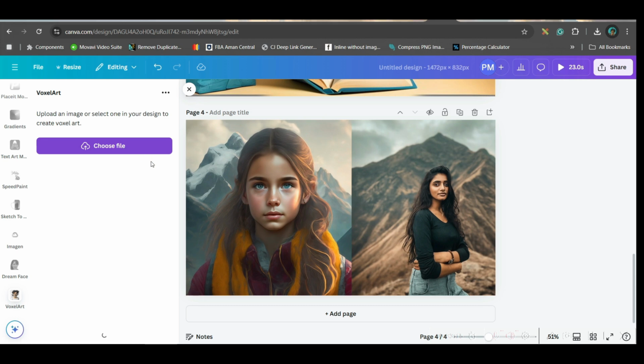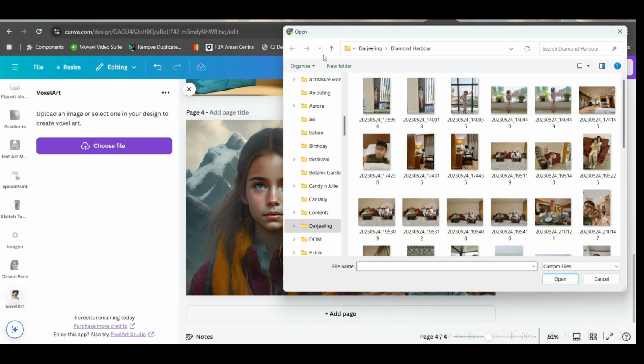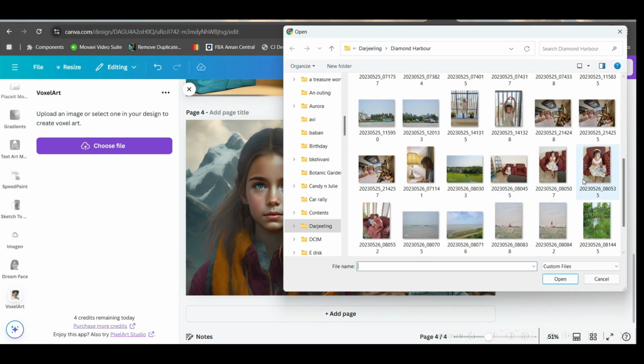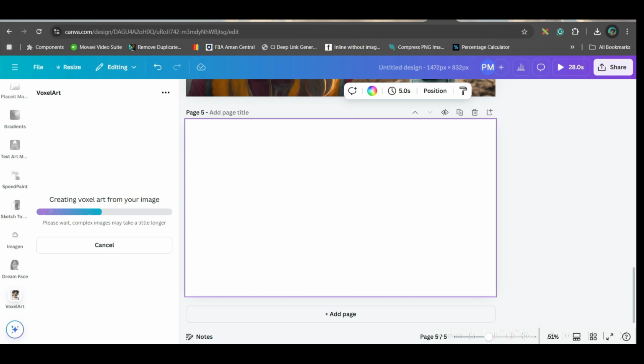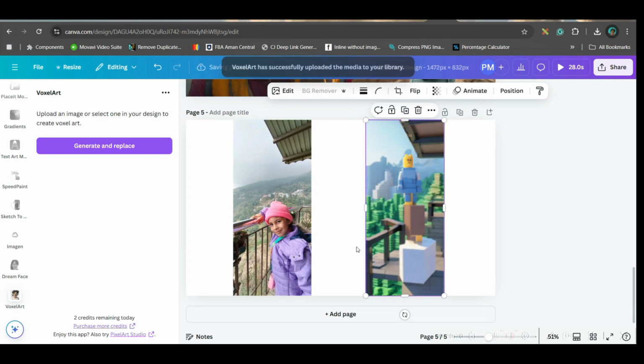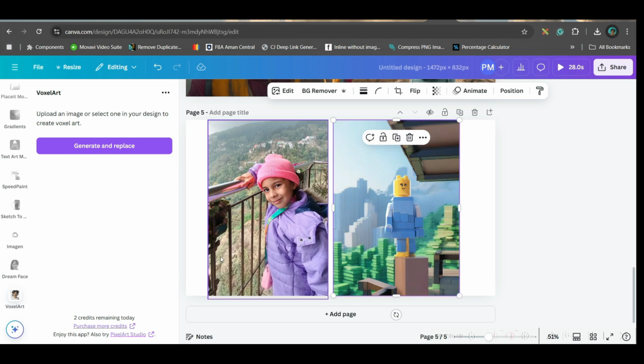Here you may choose any of your children's images and then change it into pixel art. So let me get this one. See, they have created this beautiful image from here, by creating such pixel art. Okay, you get, I think, 3 credits per day.